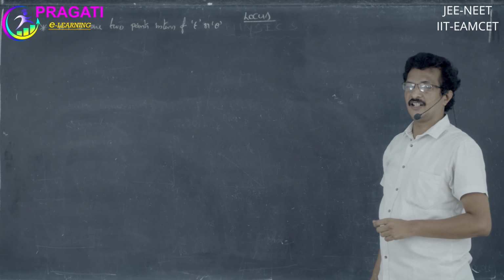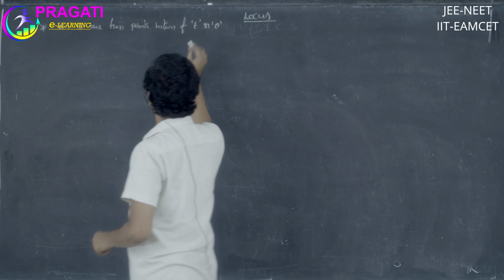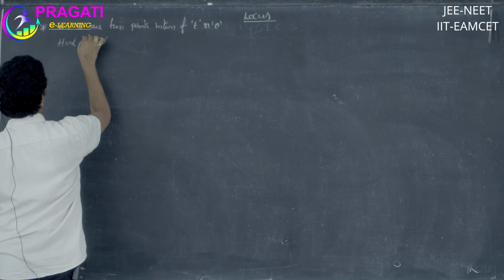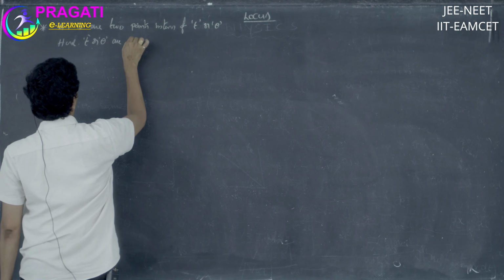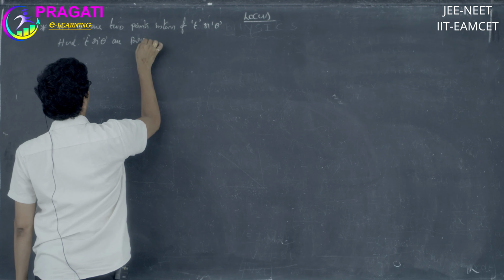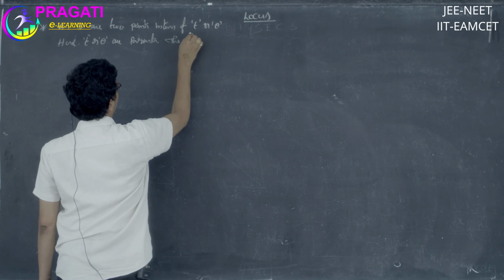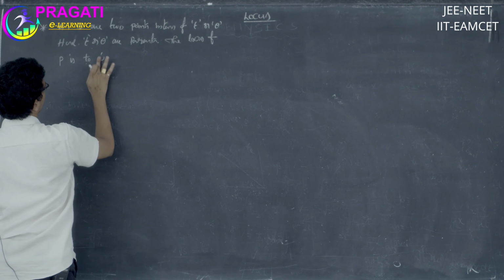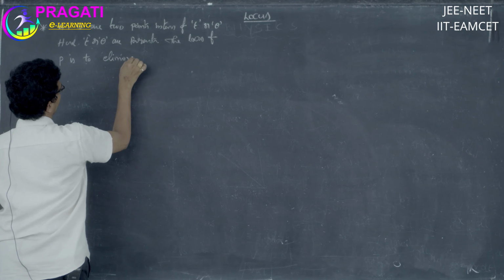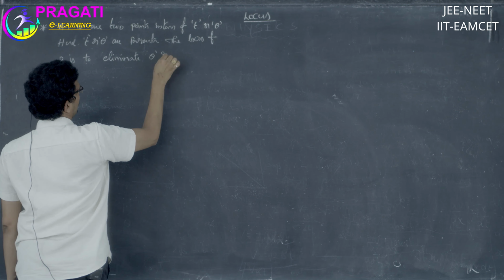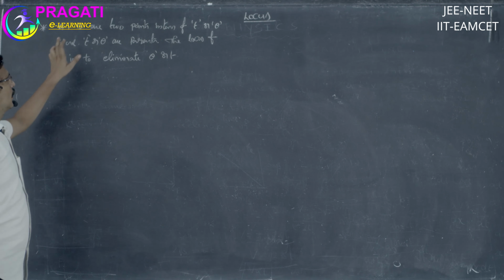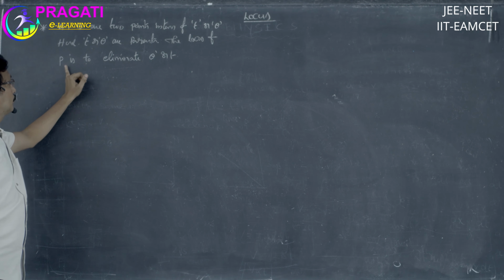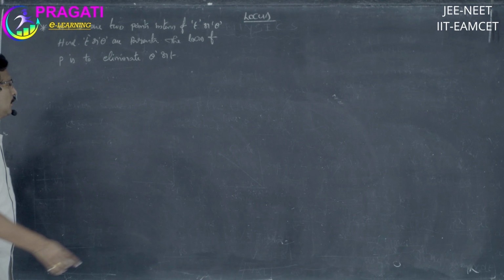Sometimes A, B, C are 3 points in terms of t or theta, where t or theta is the parameter. Suppose A, B are 2 points in terms of t or theta, then to find the locus of P we eliminate theta or t, then we get the equation of the locus. For example,